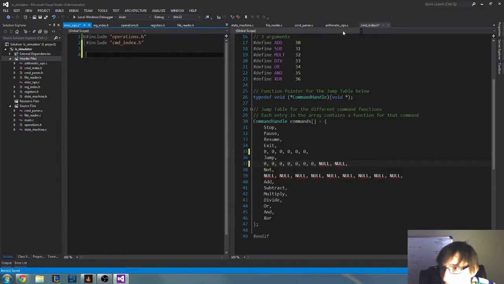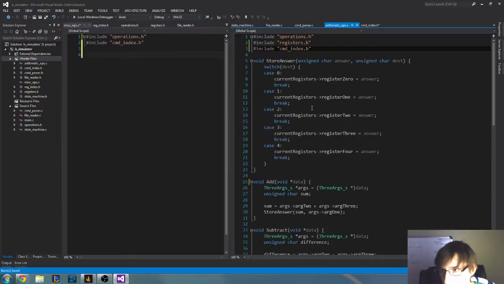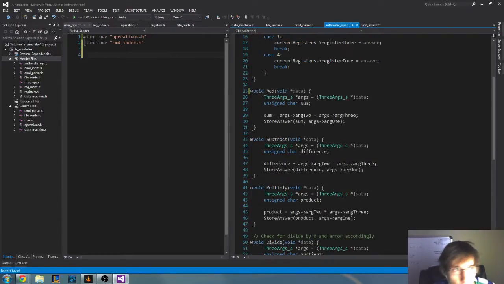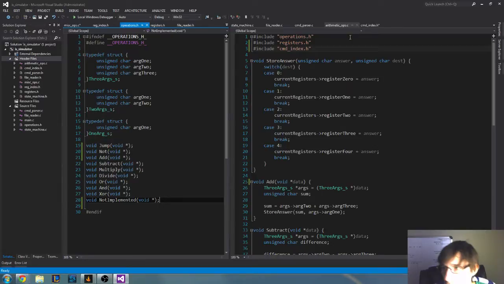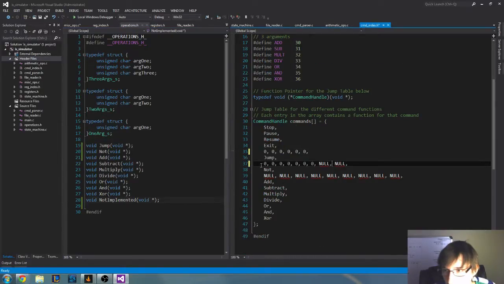And that's why we're having errors before with all of these being not able to be linked, was because we had them linking to operations.h, but we didn't have them linking to these command handles here, which is why it was giving us issues. So we'll copy that,